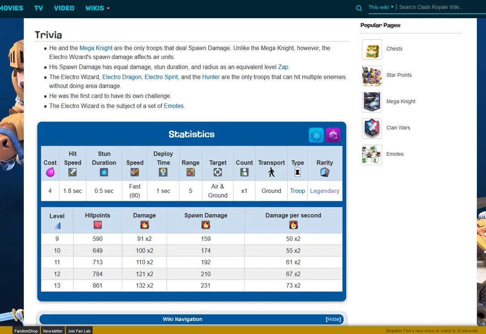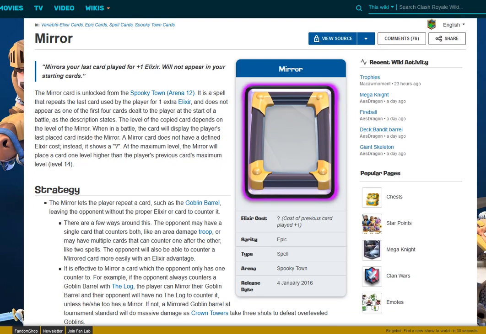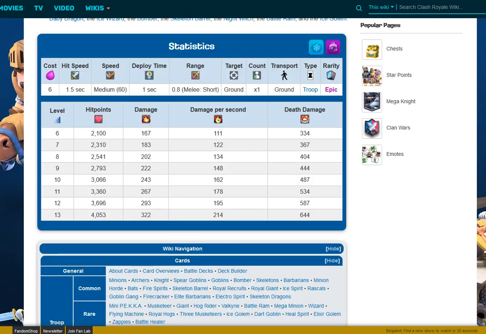Also, another thing I'd like to show is the mirror card. Now, the mirror card is a really cool card because it allows you to have level 14 cards. And now, here's the thing. Level 1 Giant Skeleton, well, level 6 Giant, 1 or 6, whatever. We're talking about the lowest level Giant Skeleton. It used to be a 1, but now it's 6, but it's the same thing. The lowest level Giant Skeleton bomb used to do 720 damage, right? Level 13 only does 644, which is less than what the level 6 one used to do, which is horrendous,